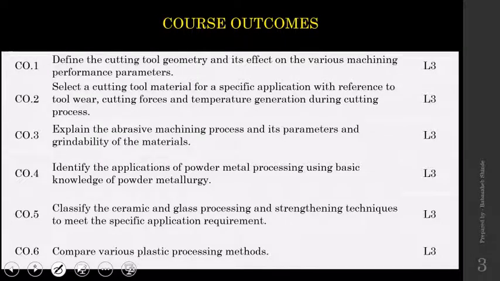Now, before proceeding to the curriculum, let me discuss the course outcomes. Now you have a better idea of the importance of these course outcomes, right? Why do we need to write and follow those course outcomes? Course outcomes are nothing but the statements that talk about what you are going to get at the end of this particular course. Meaning if you have studied this Manufacturing Processes 2 within the duration of these 3 months, at the end, what you will have with you will be explained in these 6 statements.